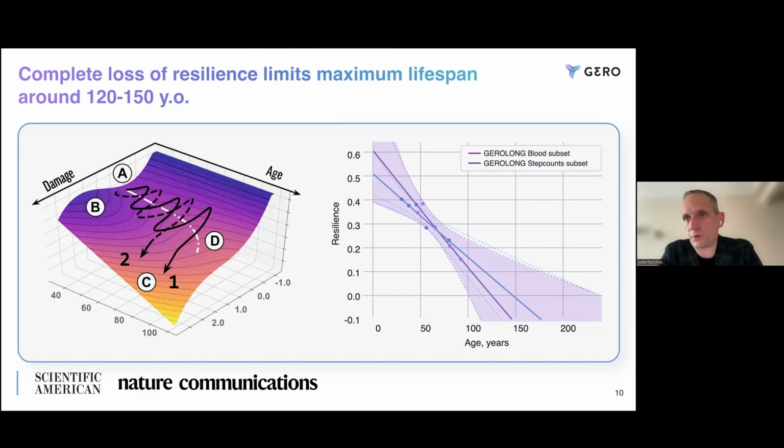So on the left, you can see the metaphoric representation of these findings. Essentially, you can think that your physiological variables fluctuate around some kind of minimum in a regulatory free energy surface. And the shape of this regulatory potential is changing as you age. So the barrier that is protecting you from disintegration is disappearing linearly as we age. The range of the fluctuations is increasing. You spend less and less time in your best functional state. So that's why it sucks to be old, but fluctuations can throw you out of the equilibrium, and then chronic diseases